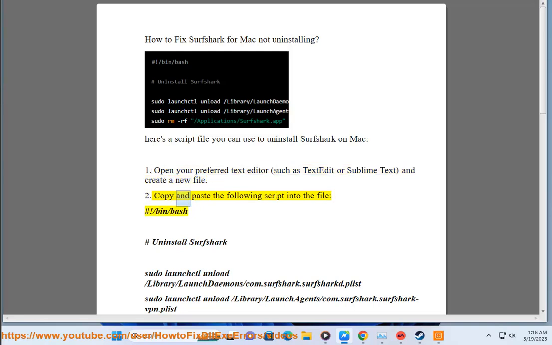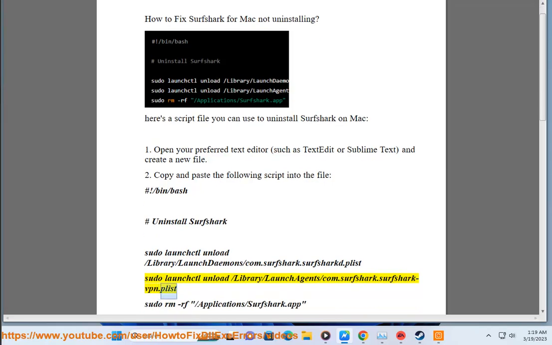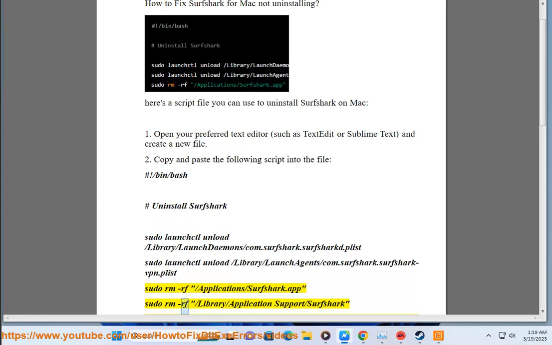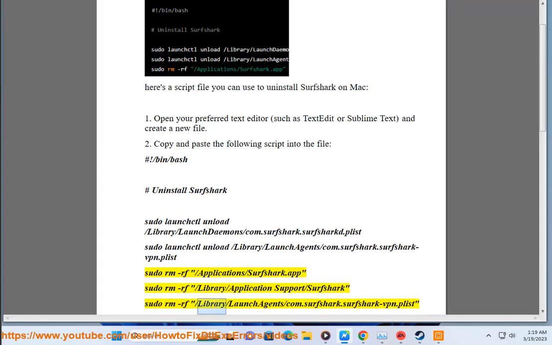2. Copy and paste the following script into the file: #!/bin/bash # Uninstall Surfshark sudo launchctl unload /Library/LaunchDaemons/com.surfshark.surfshark.plist sudo launchctl unload /Library/LaunchAgents/com.surfshark.vpn.plist sudo rm -rf /Applications/Surfshark.app sudo rm -rf /Library/Application Support/Surfshark sudo rm -rf /Library/LaunchAgents